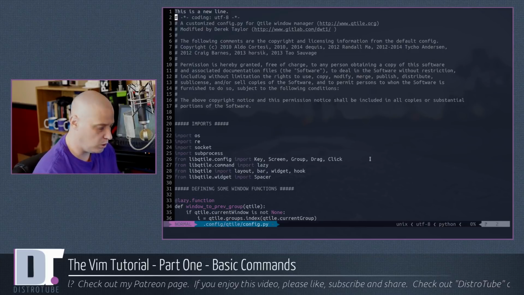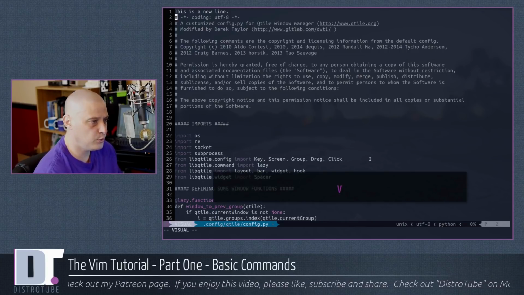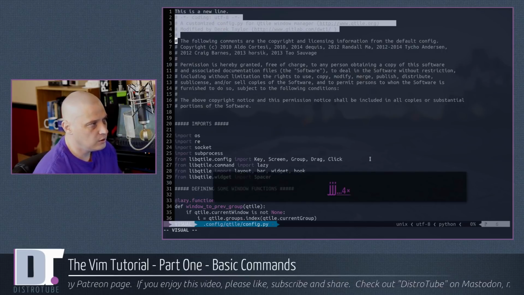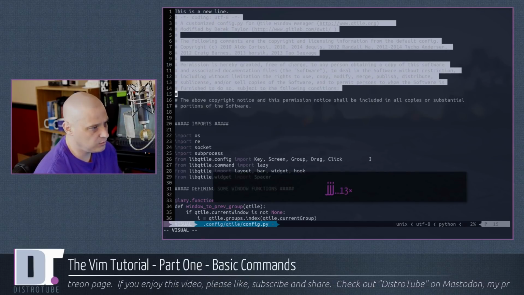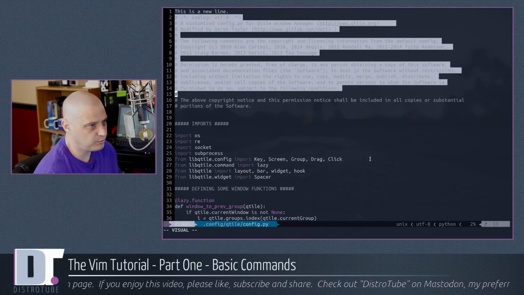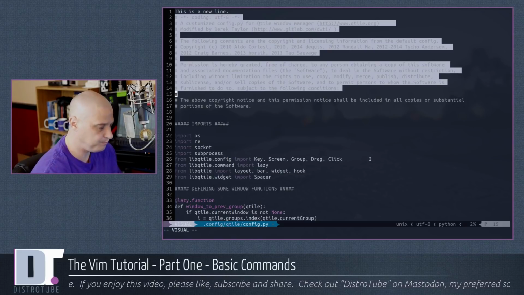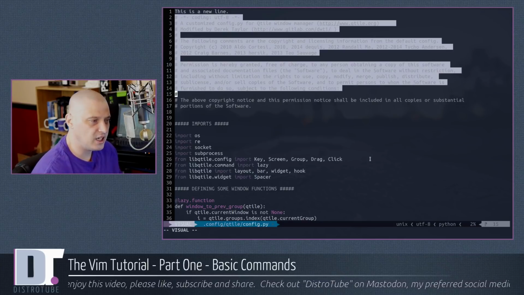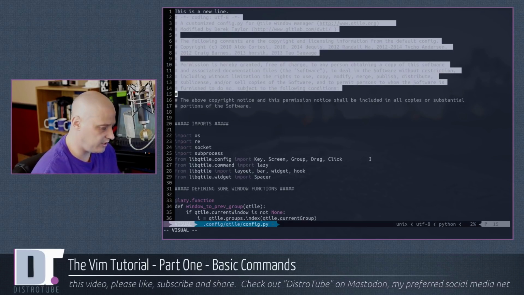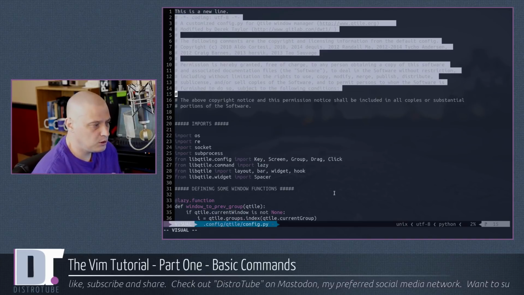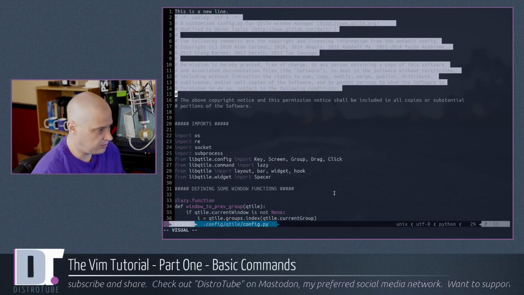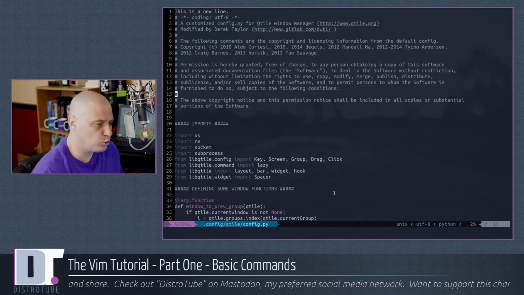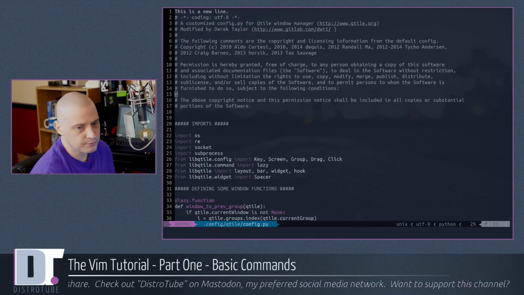There is a third mode we should discuss, V. It gets you to visual mode. What does visual mode do? Well, you're able to select blocks of text now. So if I type J to go down, you see I'm selecting blocks of text now. And this is very, very powerful for quickly copying, deleting, and moving large chunks of text. How to get out of visual mode? The same way you got out of insert mode. Hit escape. You have to wait for the one second delay, or just quickly escape twice without the delay.